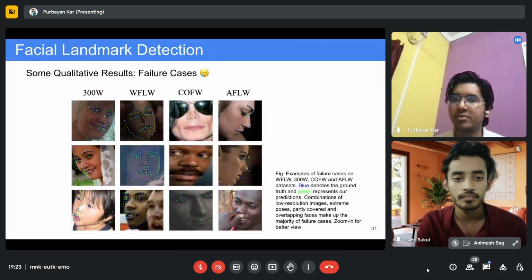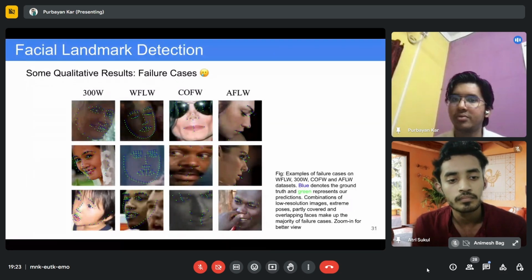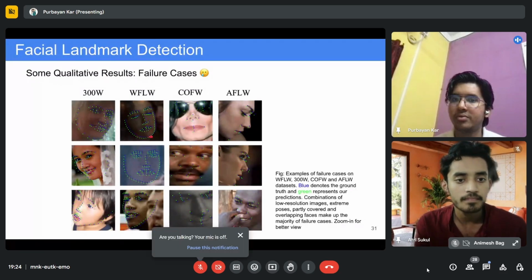Now there are some failure cases too. The reason for the failure cases may be extreme head profiles and very huge occlusion of those faces. Like you can see, the face is barely visible in these images. These blue points are the ground truths and the green is our prediction.